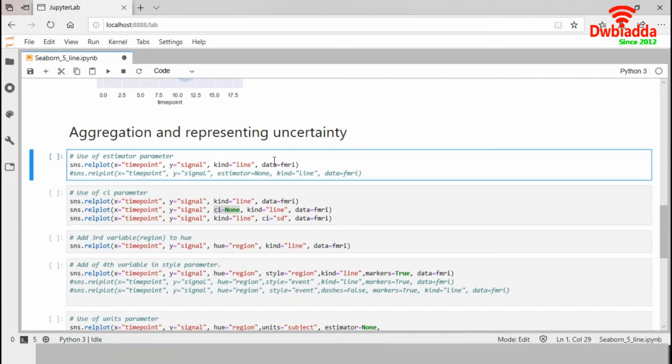More complex data sets will have multiple measurements for the same value of the x variable. The default behavior in Seaborn is to aggregate the multiple measurements at each x value by plotting the mean and the 95% confidence interval around the mean.